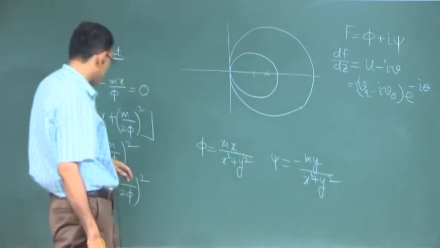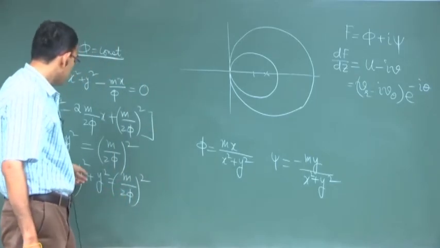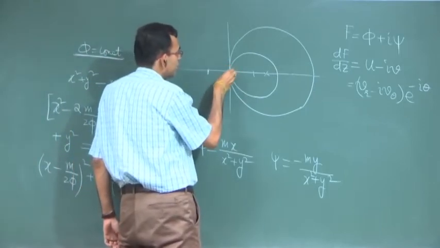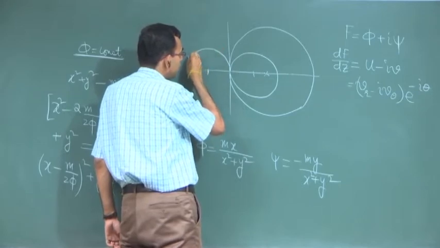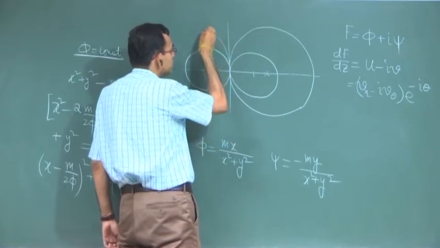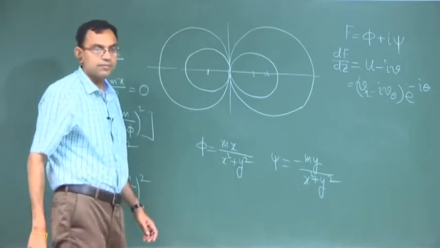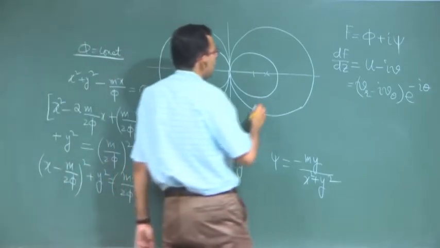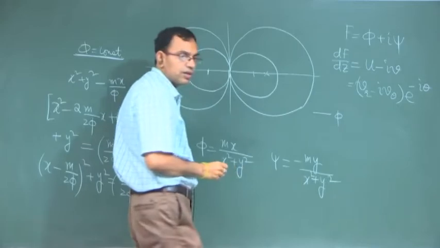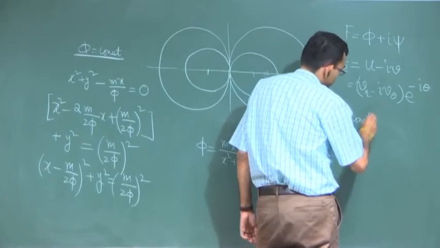What happens if it is say minus 1, say in the negative side of the x axis. So, if this is minus 1, so like this the radius is still the same. So, you can see basically a mirror image of the same thing with respect to the y axis. Like this. So, these are all phi equal to constant lines, these white colored lines. I will draw the psi equal to constant lines with a different color, so that it is easy for you to follow.